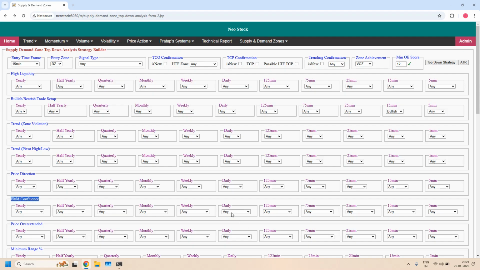In the EMA Confluence at a daily time frame, because the 75 minute demand zone is part of the daily demand zone. That's why I am setting the filter: daily demand zone having 75 minutes demand zone having a